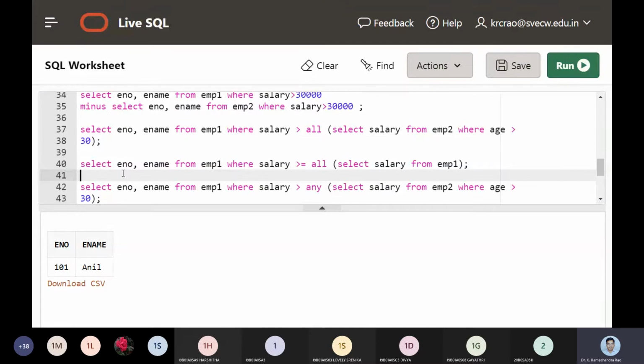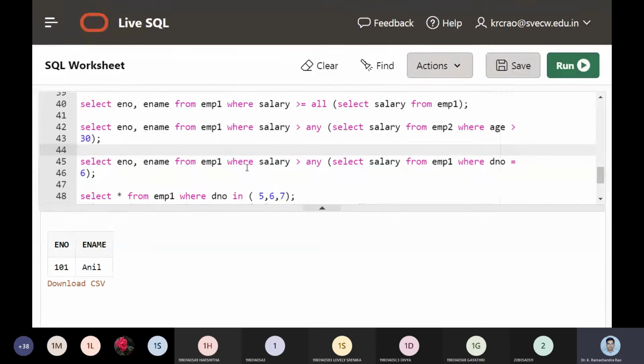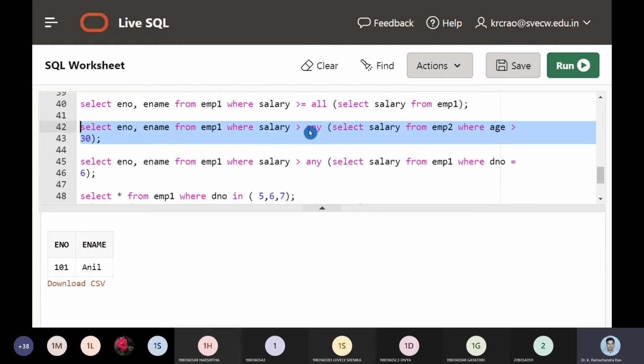Next, you can check this command also. Select employee number, name from employee 1 where salary is greater than any, that is, select salary from employee 2 where age is greater than 30. First of all, we will work on this query, that is, any.